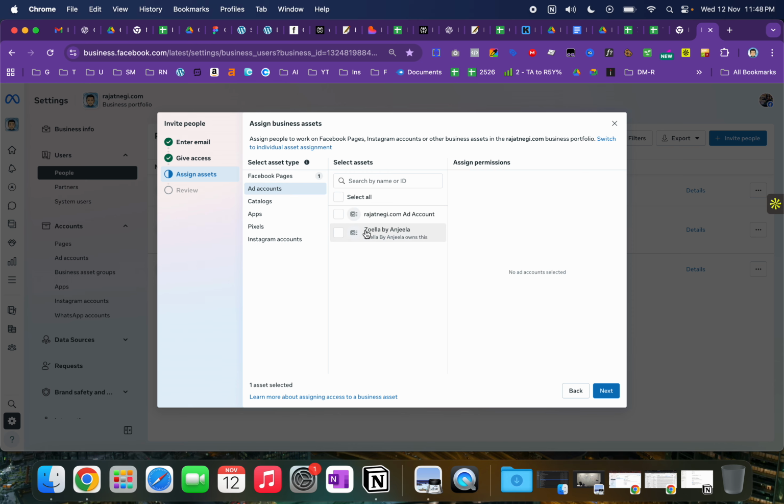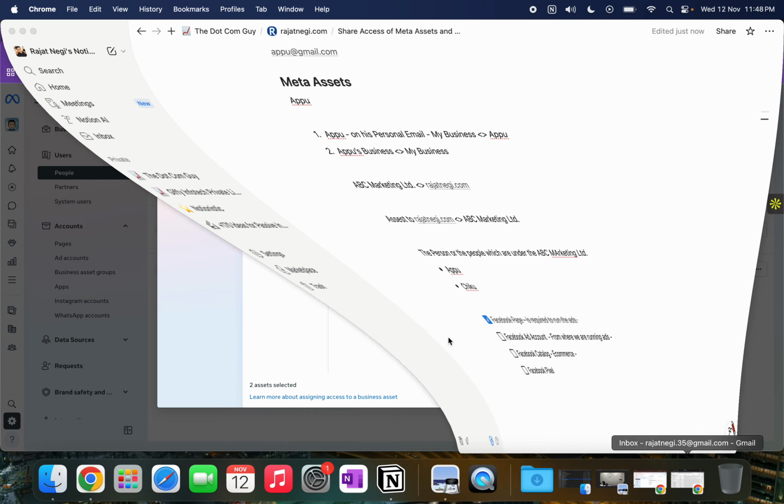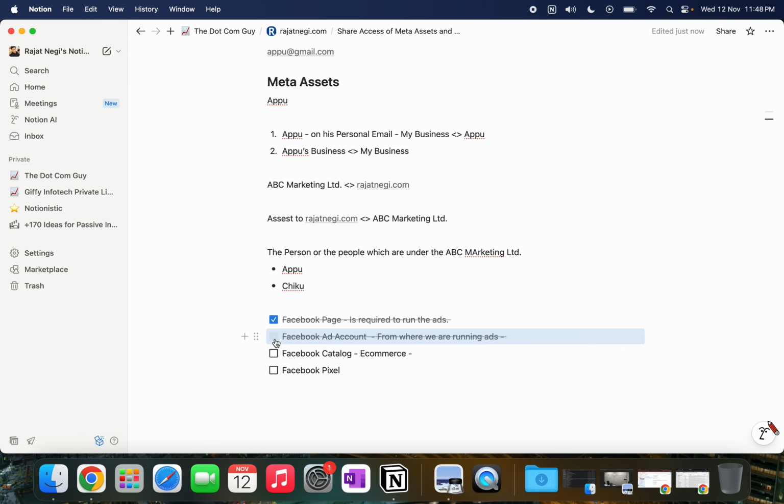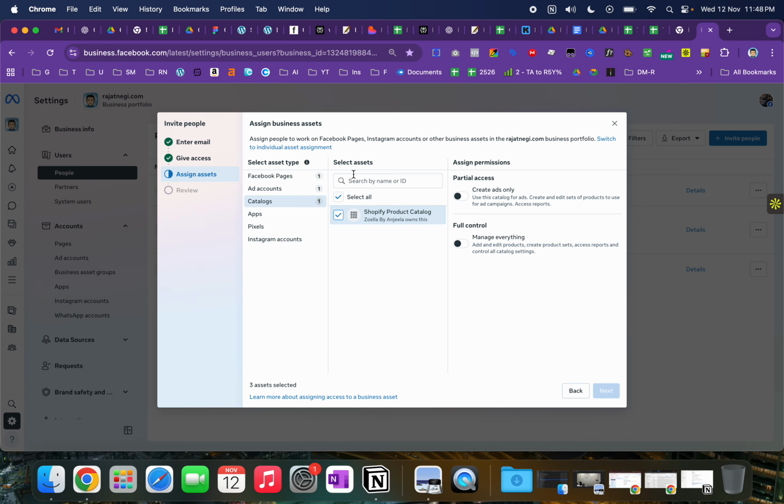And then we will come to ad account. I will select my ad account. I will also come to catalog. So I will randomly select a catalog. Catalog is for those who are running a D2C brand, because in the catalog your website products will automatically come, and the person who is running ads on your behalf will see how many products are there on our website, and meanwhile he can also change things for Facebook as well,